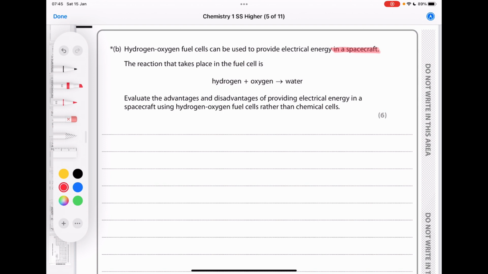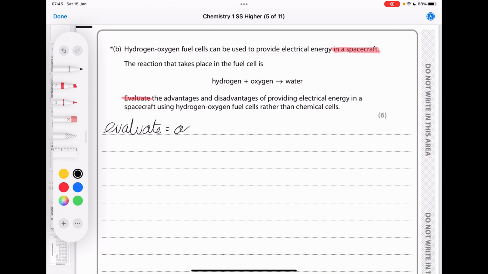If we go through this, but before we do, a quick note on the command word. This question said evaluate, and evaluate is a really rare question type for chemistry. I've not seen more than 2 of these in the new exam spec. However, evaluate is not the same as compare. Compare means what are the advantages, what are the disadvantages. Evaluate means they want you